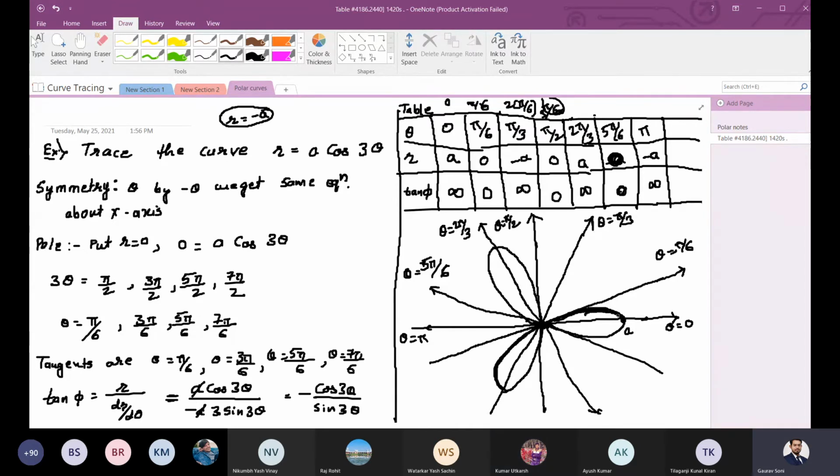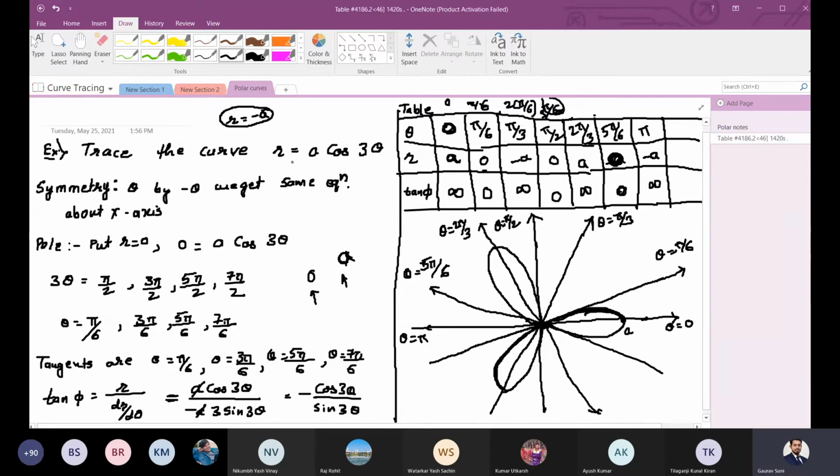Sir, can you please explain how to take the angles in the table? So the angles should be taken such that your answer goes from 0 to a. When 0 comes first, a should come next; when a comes first, 0 should come next. In that way I am taking it. So the first value is 0. Okay, always this is going to be 0. So you put 0. What is the answer? What is the value of r that you got? a. Right? Now I will think of the next theta so that my r becomes 0.